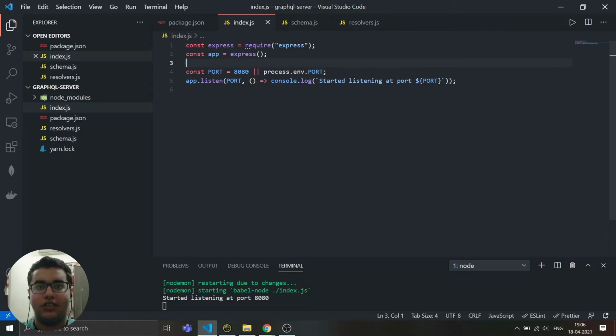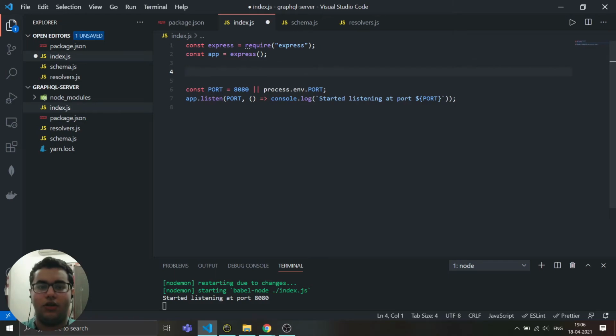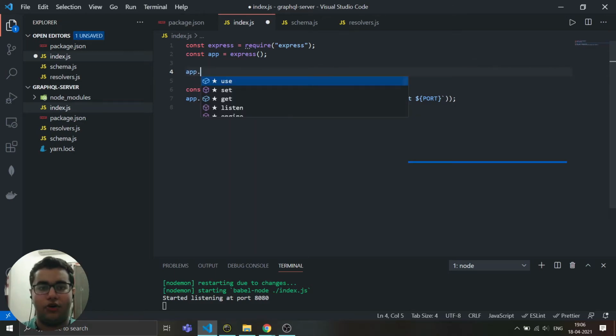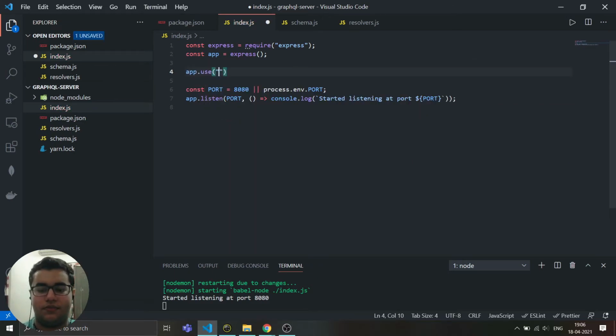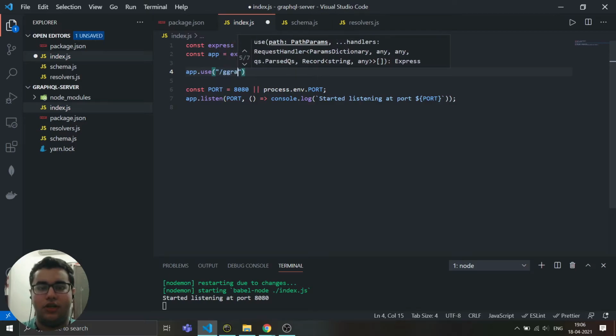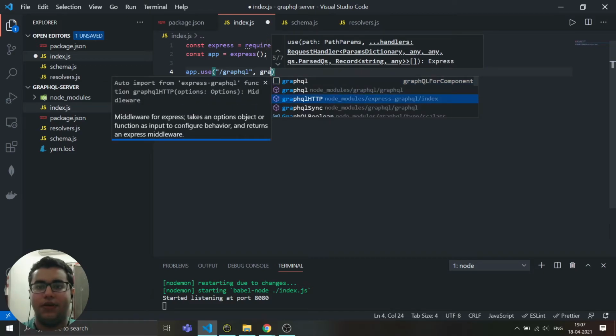As we discussed in the last video, GraphQL uses a single endpoint, so we will be using app.use. The single endpoint, we will be naming it as GraphQL, and we are going to create GraphQL HTTP.